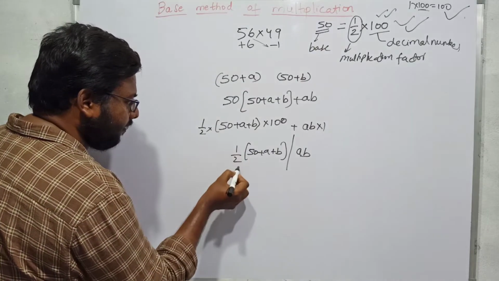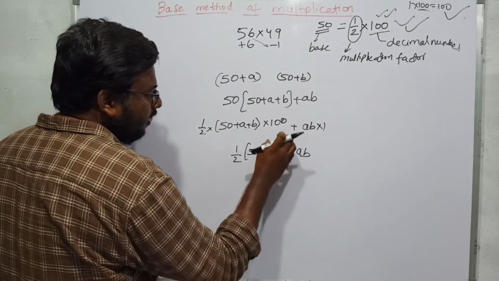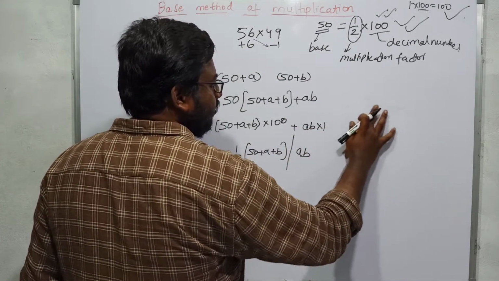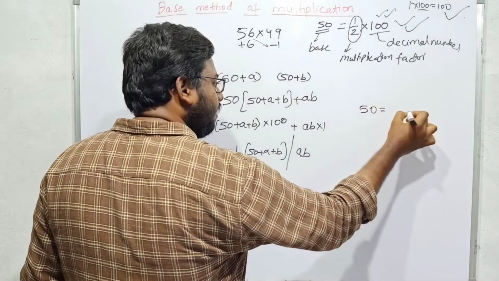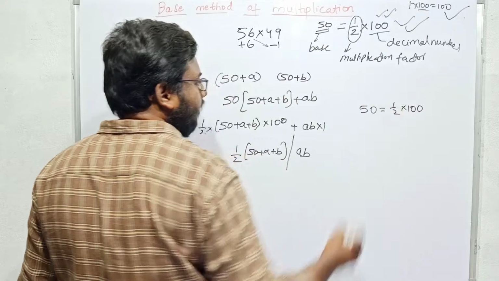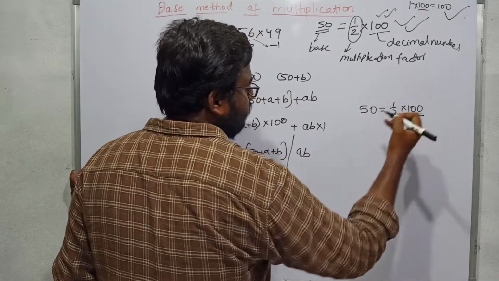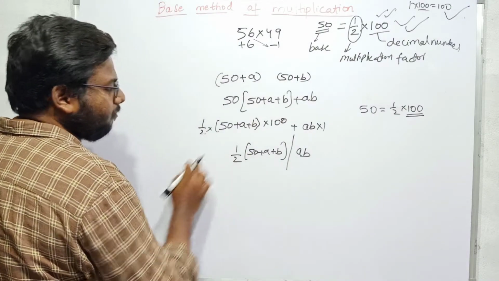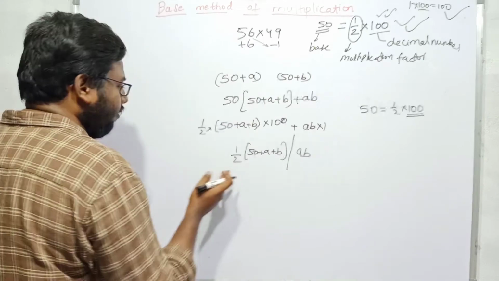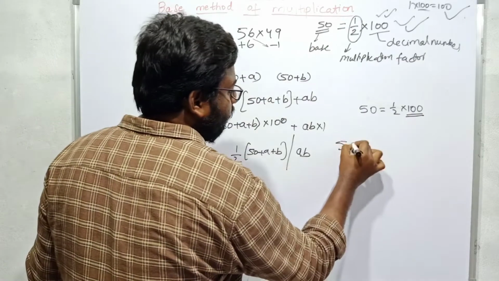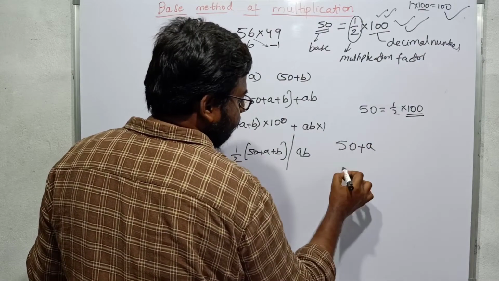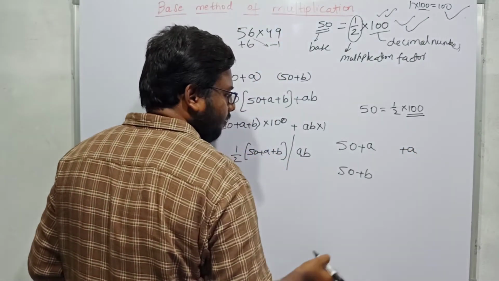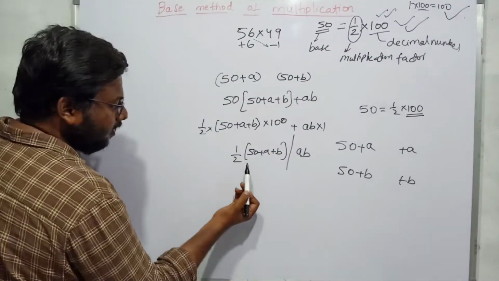So if you are writing this half here, how we got this half means we are depending on the decimal number. So decimal number 100, we should not base on 100, we should base on 50. 50 is based on half of 100, and you can write 5 into 10 also. So this is based on decimal number 100. So 2 digits will be permitted, and this number should be multiplied by half in order to settle it down. So here the same one. How will I get the result? 50 plus a is into 50 plus b. How will I get the distance? This is plus a far from it, this is plus b far from it. What is my result? 50 plus a plus b.